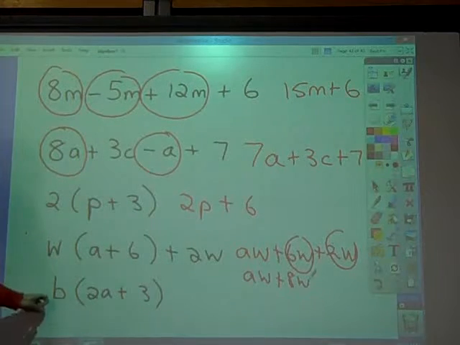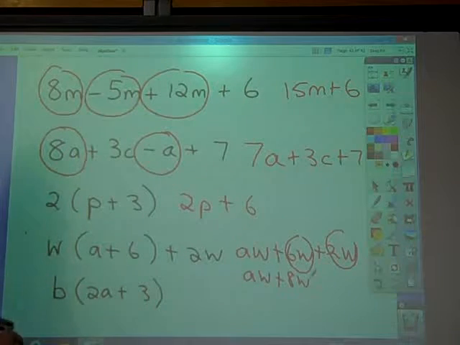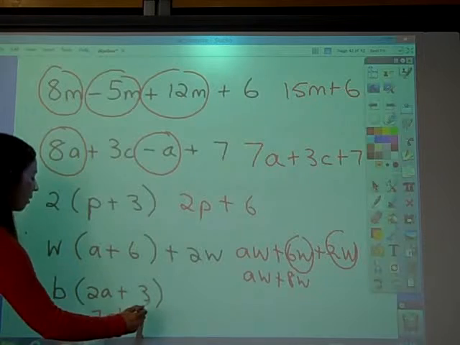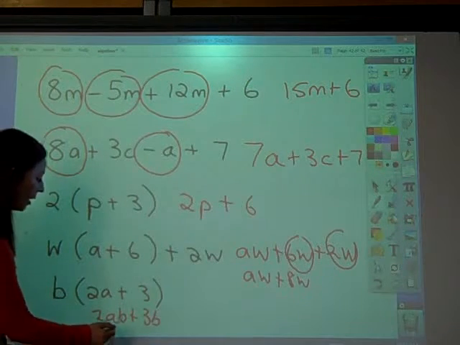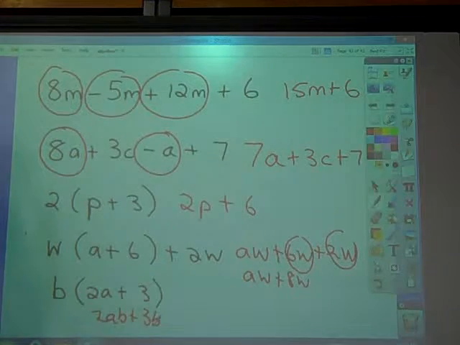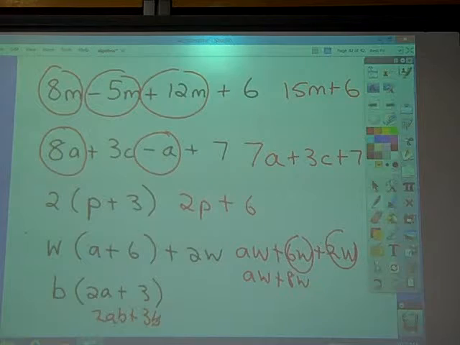The last one, I multiply B by 2A, I multiply B by 3. B times 2A gives me 2AB plus 3 times B is 3B. Are they like terms? No, they're not. That one has an AB, that one just has a B. They are your answers. Now, if you got those 5 questions completed and you got them right, then the booklet you're going to work